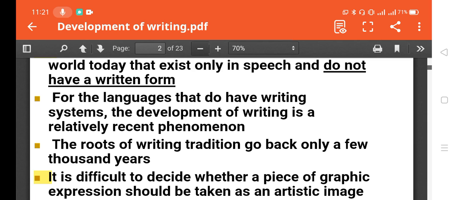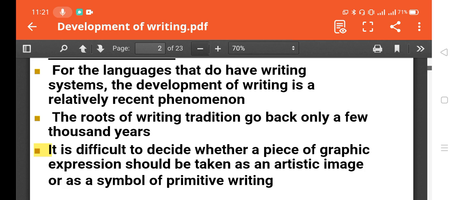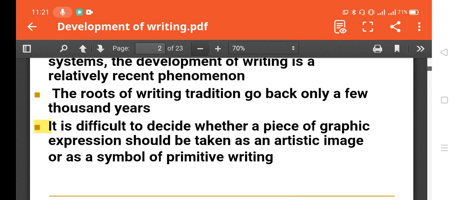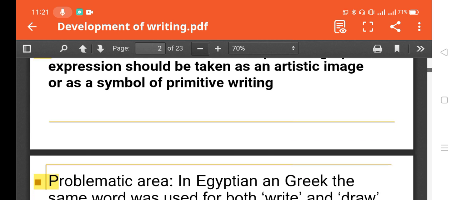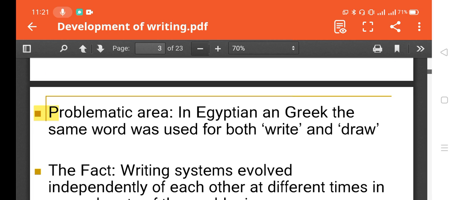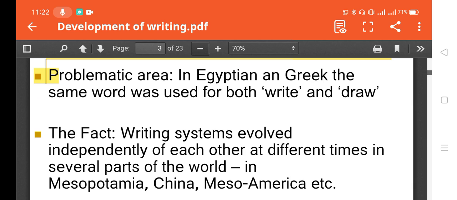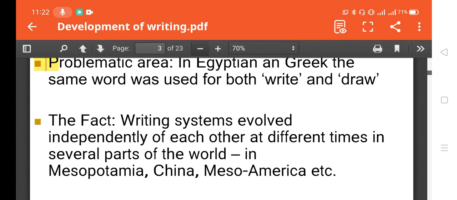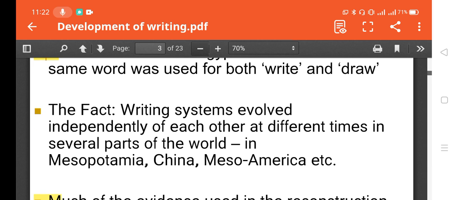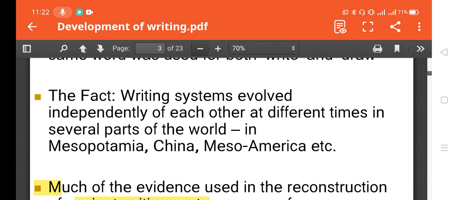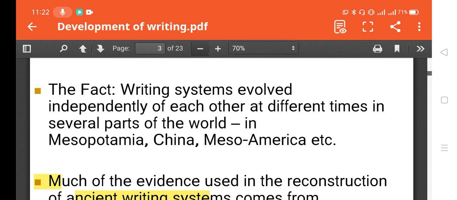For the languages that do not have a writing system, the development of writing is a recent phenomenon, and it is difficult to decide whether a piece of graphic expression could be taken as an artistic image or a symbol of primitive writing. The problem is that in Egyptian or Greek, the same word was used for both write and draw. Every language has its own writing system, with specific words for a specialized thing. The fact is that writing systems evolved independently of each other at different times in several parts of the world,